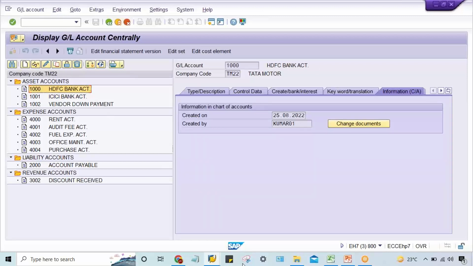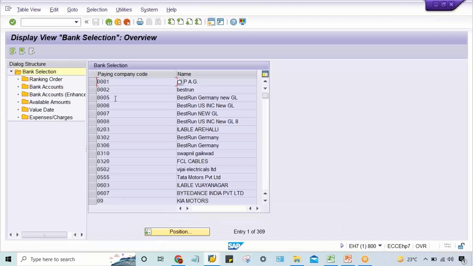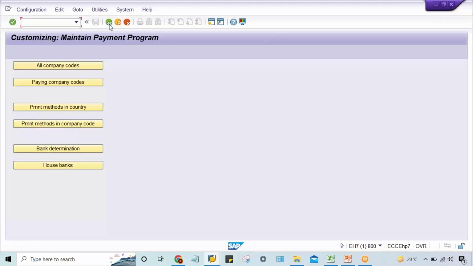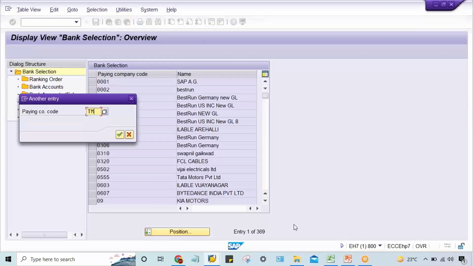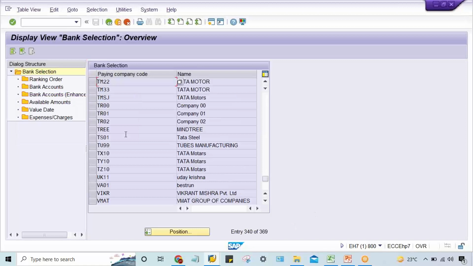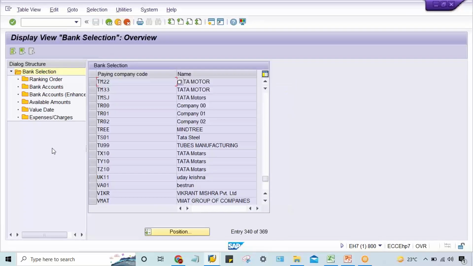It's okay. So now someone has already created this one house bank here. Let me check whether bank determination settings are already done or not. So here, PM22. Okay. So only house bank creation was done by someone. Chalo. So what I'll do,